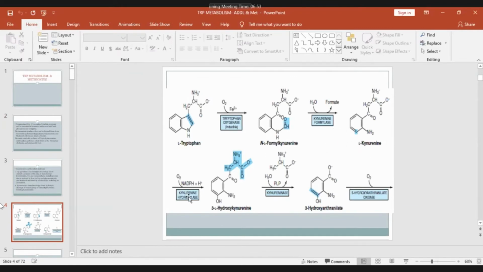Kynurenine is then acted upon by a hydroxylase, a mixed function oxidase that brings about hydroxylation to 3-hydroxy kynurenine. There is a 3, 1, 2, and third position. So 3-hydroxy kynurenine. So wherever the carboxyl group is there, that becomes C1. That's what you should remember. Then 3-hydroxy kynureninase or kynureninase cleaves the alanine from here. So this is the alanine that is cleaved, and we have got 3-hydroxy anthranilate. Now 3-hydroxy anthranilate oxidase converts it to